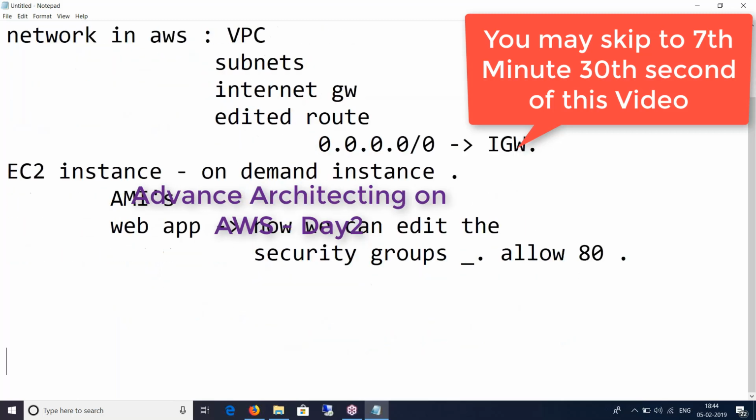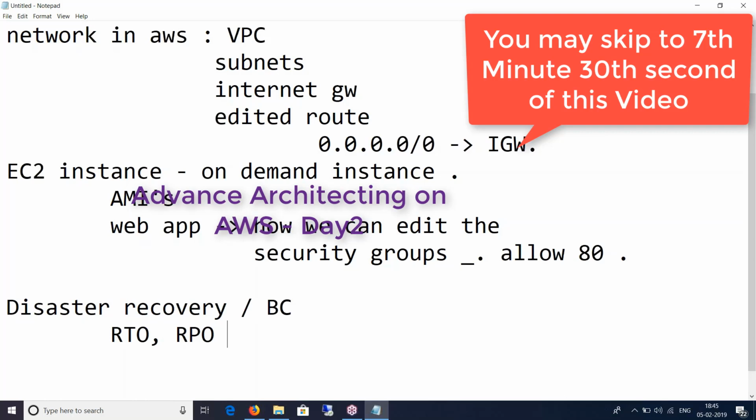Then we moved on to the concept of disaster recovery and business continuity, where we learned new terms like recovery time objective and recovery point objective. The point up to which you can get your data back is the recovery point objective, and how quickly you can get that data back is the recovery time objective.